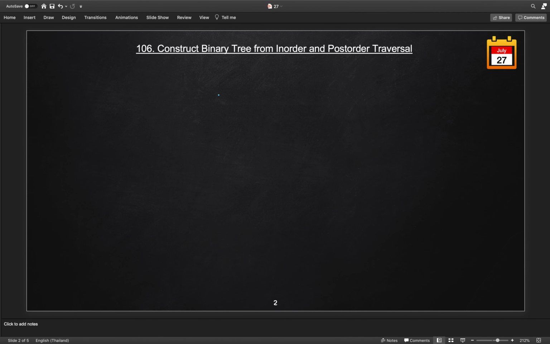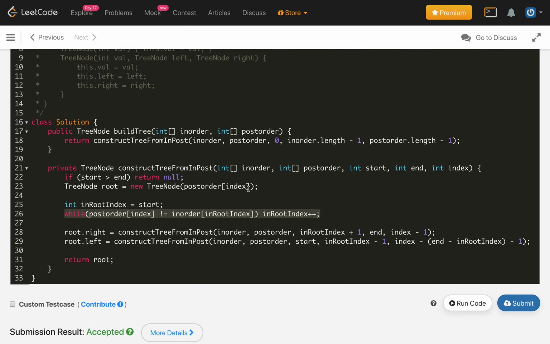A skewed tree is like 4, 3, 2, 1. In this case, both in-order and post-order traversals will be 1 2 3 4. If we start from 4 and search for 4, we will find it at the end. Similarly we reach 3, then again at the end, and so on. So the time complexity of this approach will be O of n squared.